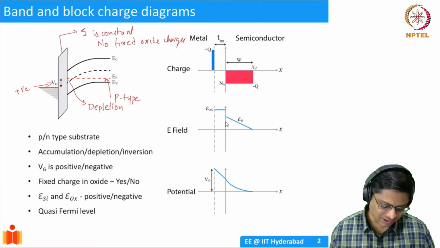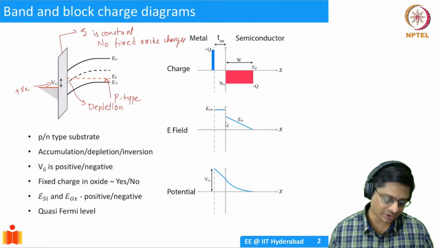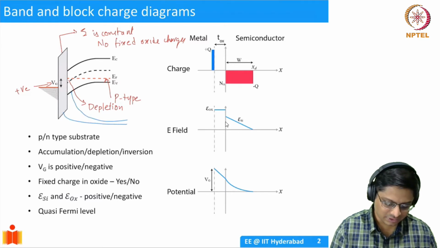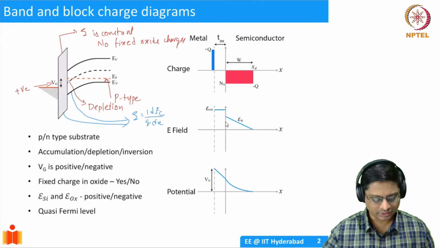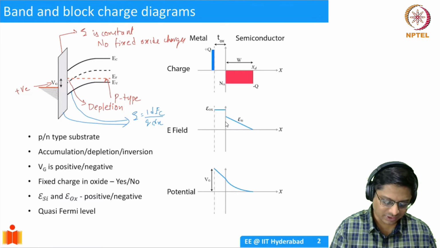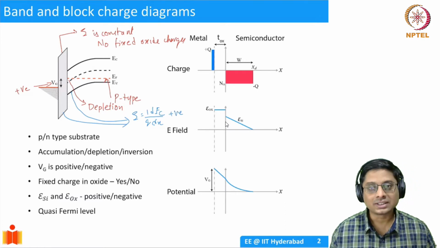Okay. So what is the electric field in silicon? What is the electric field in oxide? Well, we know how to do this. For example, we can take the gradients here, right? In oxide, you can take the gradients. So basically, E is equal to 1 over q times dEc by dx, right? In both cases, the gradients are in the same direction. So electric field is positive.